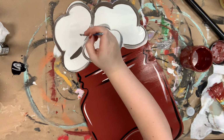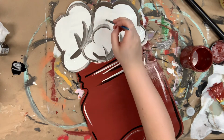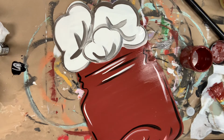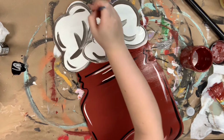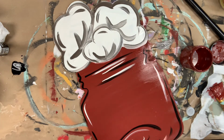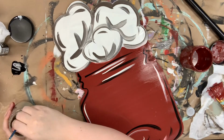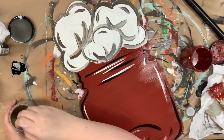And then I'm going to go in with the color putty and go over my stems to just add another color and highlight them a little bit. And I'm still using that number 4 round for this step as well. And then once I'm done with my putty color, which is just this pretty light tan, I will be done